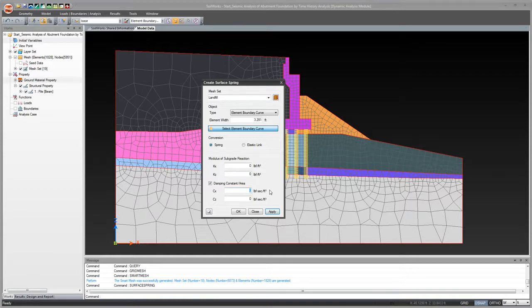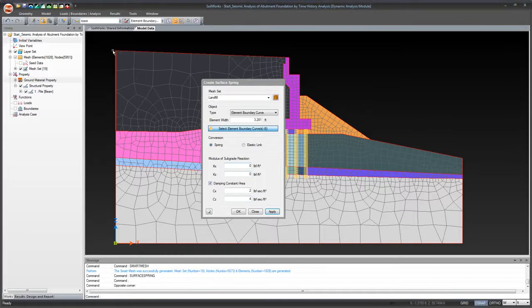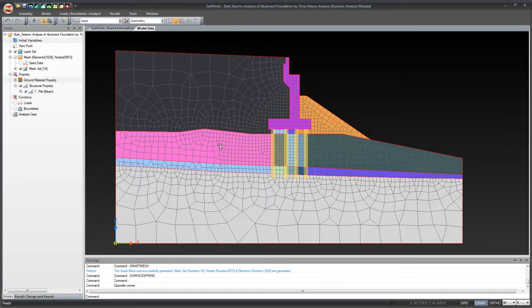So let's say, for example, let's just put in some default values here, 3, 4. These aren't right, obviously, but for the sake of argument, let's say that's what they are. And then I would just select this portion here. I would click Apply, and then a series of springs with these damping constants would be applied for this layer. And then I'd have to do the same thing for my soft rock layer and my weathered soil layer, etc. And for my second layer, obviously I have to select this side and this side because these are parts of the boundaries, which takes a little bit of time,